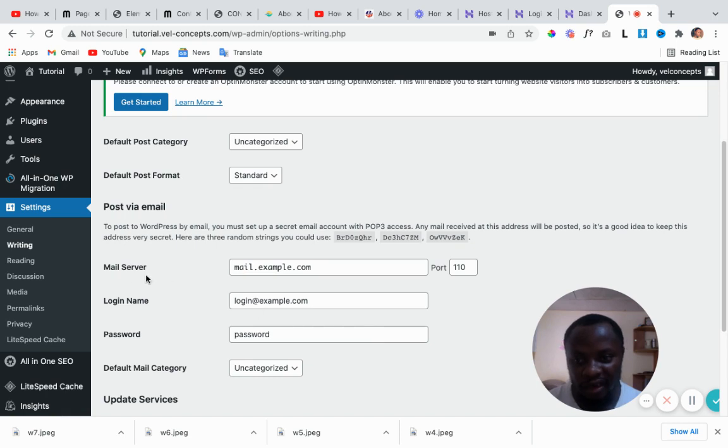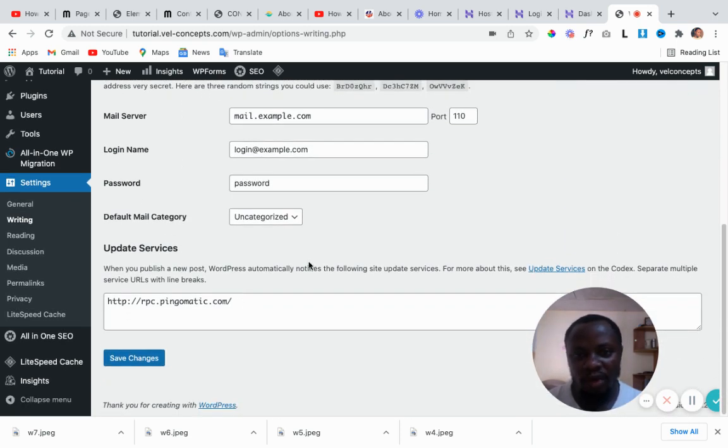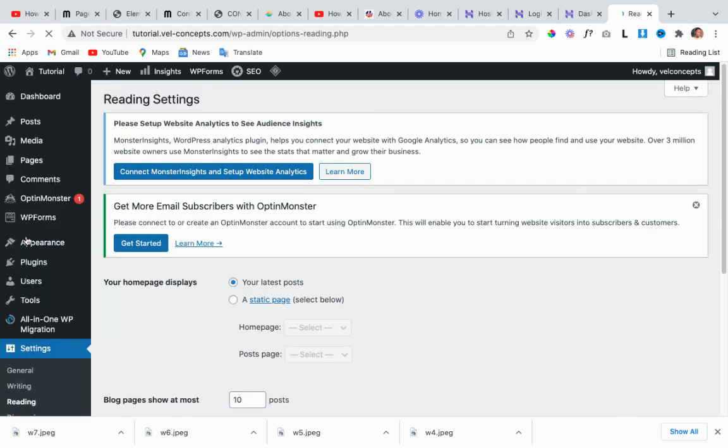Okay, this is what is inside writing. Mail saver. All these ones we have nothing to touch here. Just leave this one the way it is. Now let's go to reading. When you come to reading,